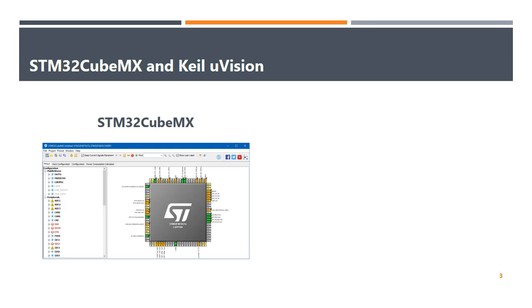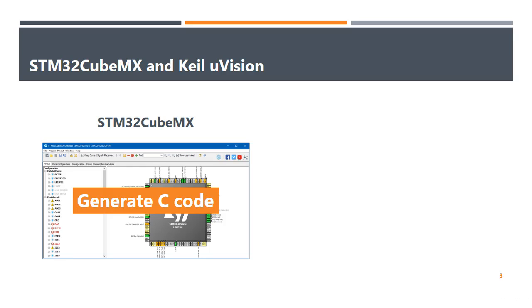STM32CubeMX is a graphical software used for generating C code, which is based on the HAL library, for peripheral initialization. This is a really good software, especially for beginners in 32-bit microcontrollers, because compared to 8-bit microcontrollers, the 32-bit microcontrollers have a lot of peripherals that are quite complex to configure manually by reading the register definitions in datasheets. The learning curve is quite high, so for beginners in 32-bit microcontrollers, I recommend you use CubeMX.